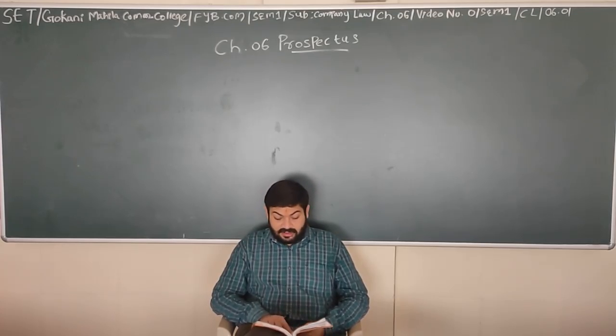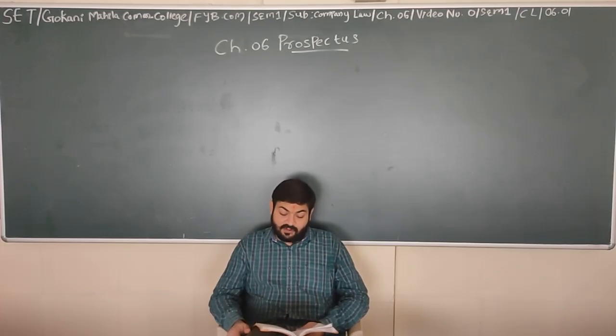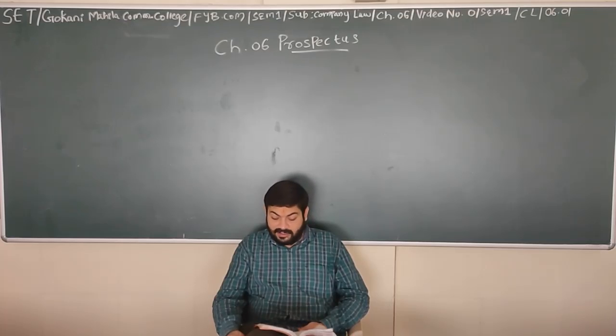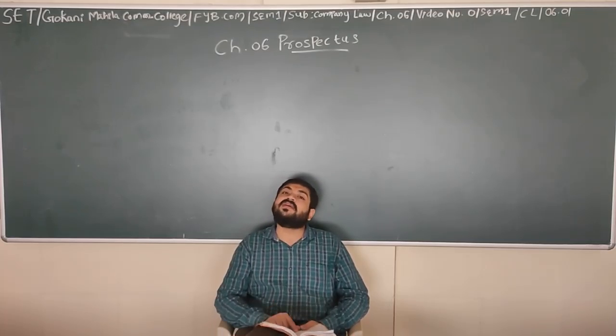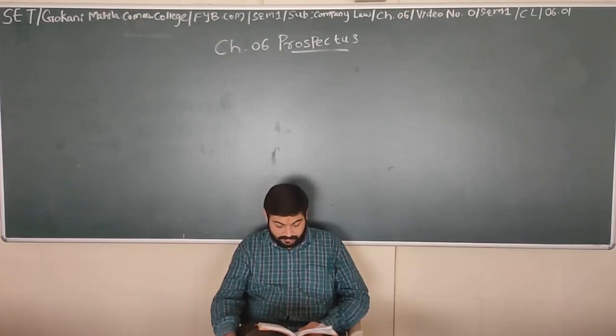Different objectives are achieved by the prospectus, which can be shown as follows. Now there are 5 objectives of the prospectus. Number 1, to make the public aware that a new company is incorporated. Number 2, to invite the public to purchase company shares and debentures. Number 3, the conditions for purchasing shares and debentures are written and officially noted down.